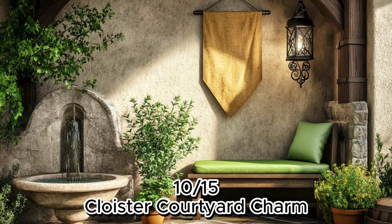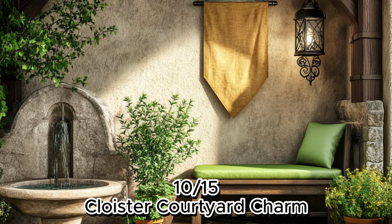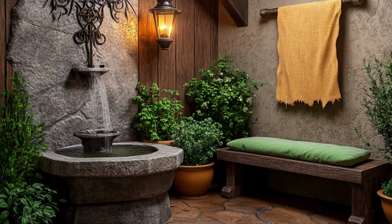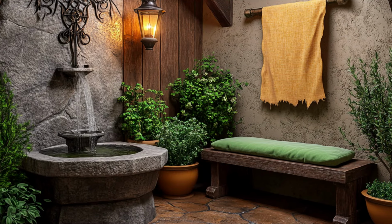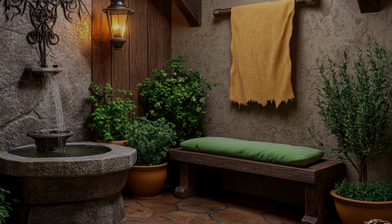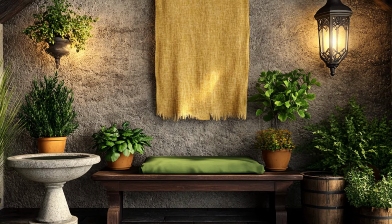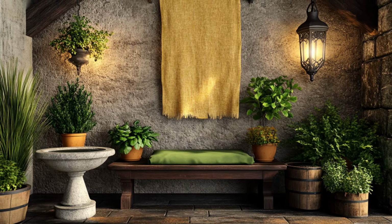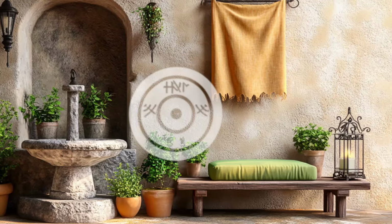Idea number 10. Cloister Courtyard Charm. Bring the tranquility of a medieval courtyard indoors. Imagine a corner with a faux stone fountain trickling water into a shallow basin, surrounded by potted herbs like thyme and basil. A wooden bench with a faded green cushion sits against a wall draped in a linen hanging dyed